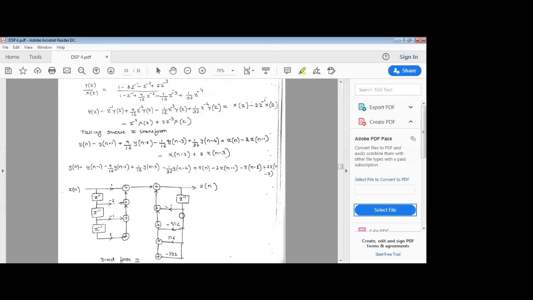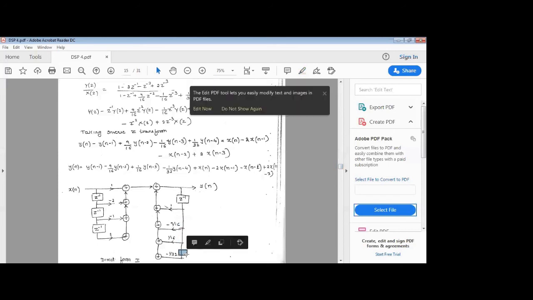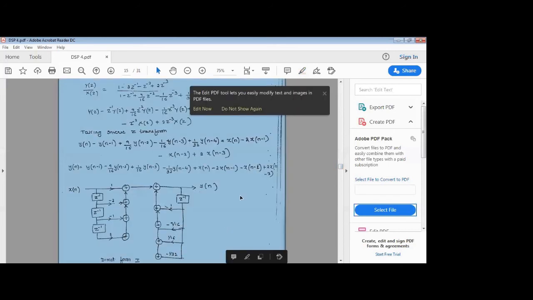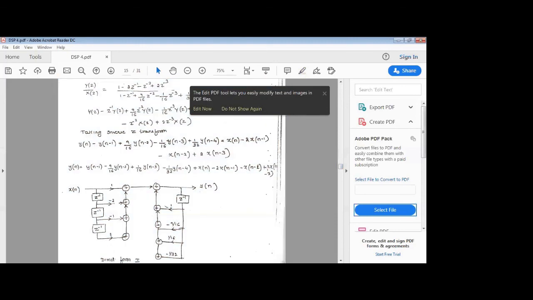I missed the delay element here. Please write down the delay element. Okay, so delay element here and delay element here and one more delay element here. Okay, 3 delay elements have to be written, that is totally 4 delay elements. Then what is the next thing we have to do once we write the delay elements? Then for the poles,